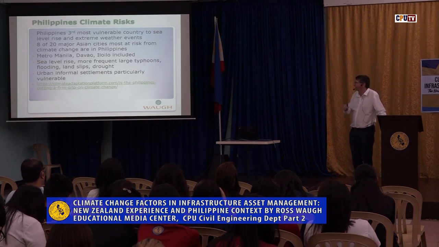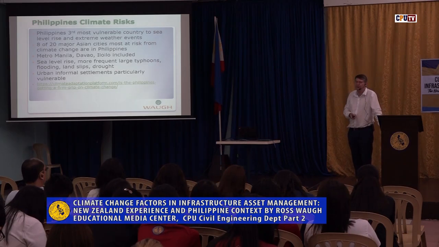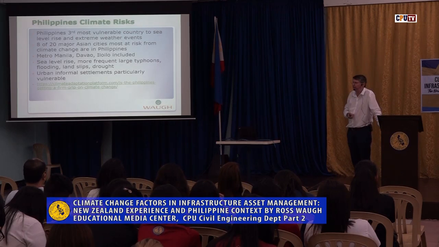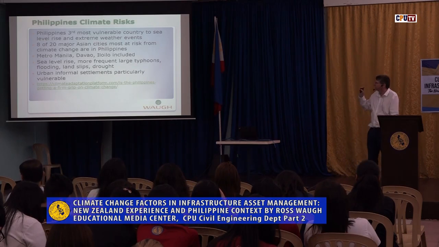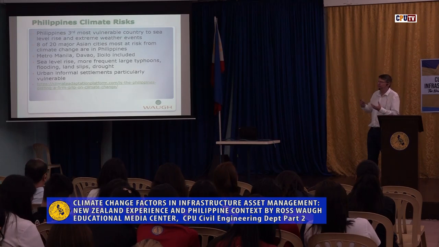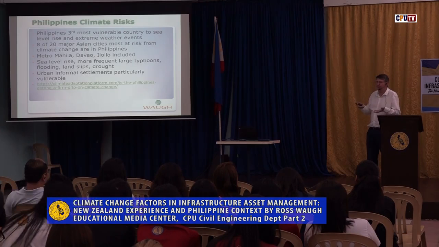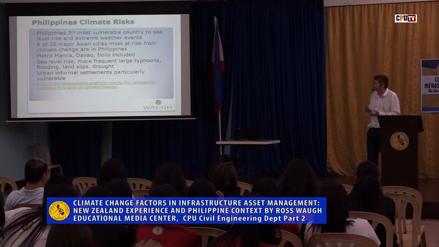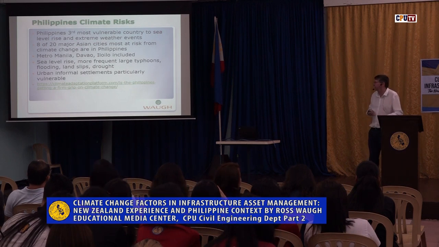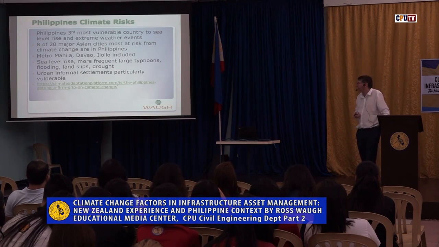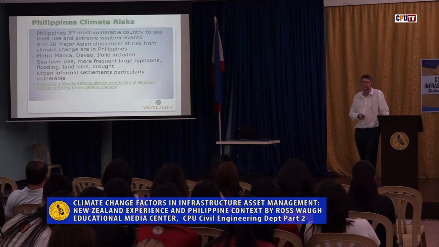And if you get a metre of sea level rise, which I think is quite plausible, given thermal expansion of sea level and ice melt, and you think about if the river was a metre higher and the sea's a metre higher and then you get a typhoon come through, it's going to be interesting. And what the science predicts is that we're going to get this, this is over the next century, so it's not tomorrow, but higher sea level, more frequent large typhoons, floodings, landslips, and conversely probably more drought.